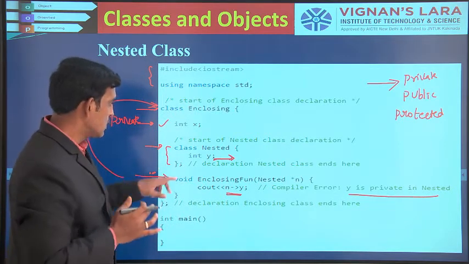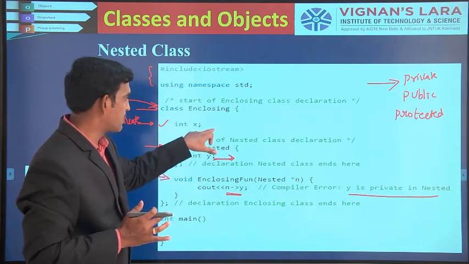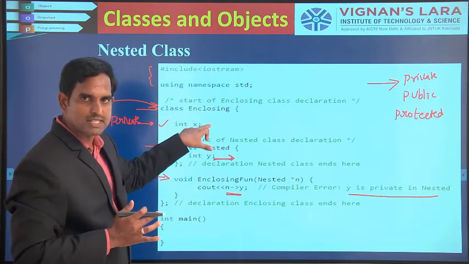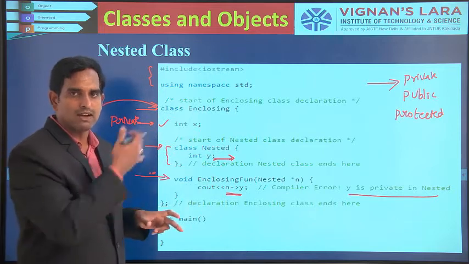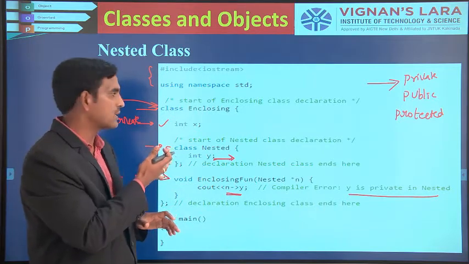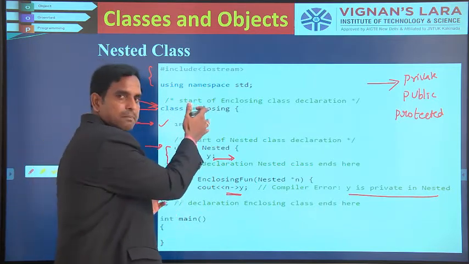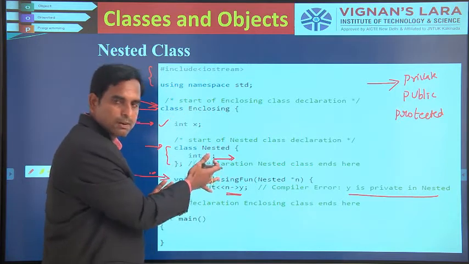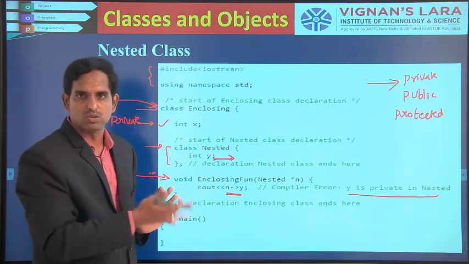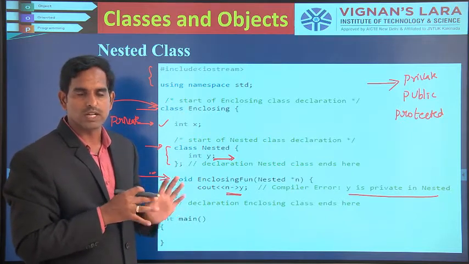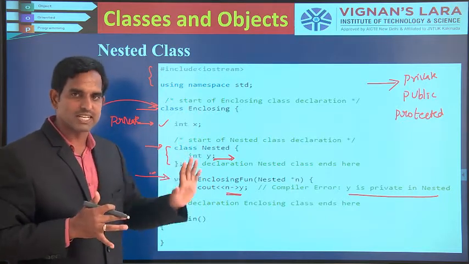The inner class will have its own privileges, and the outer class will have its own privileges. If I have some public methods and public variables here, those public variables can be used here. So we will have many combinations in this manner: whether you can use the public classes here, whether you can use the public methods here. You have to refer to the text for this. It is not possible to enumerate each and everything.